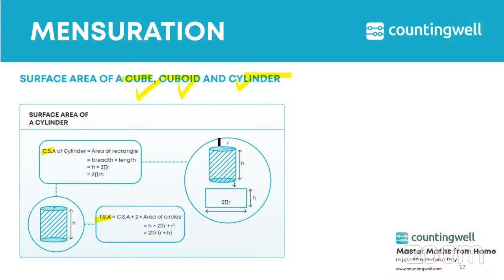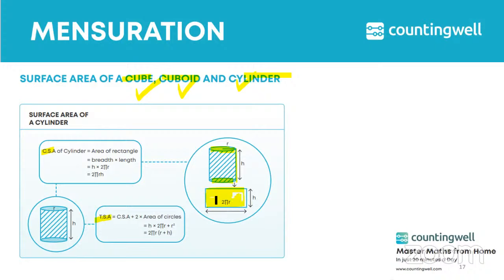So here you can see a cylinder having radius r. Radius you can see for the circular shapes. These are the parts of cylinder, and here you can see height h. If we cut this cylinder along this line and open it, you can see this curved surface will become a rectangle,